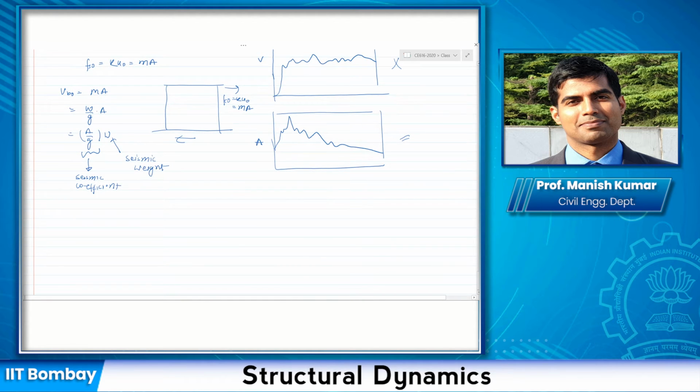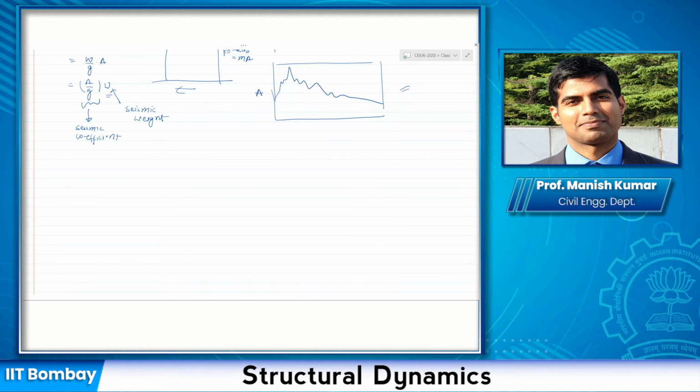If some of you have done, or are doing, earthquake resistant design in any other courses, or if you've studied it before, these terms, seismic coefficient and seismic weight, must be familiar to you, and this is where they come from. The total base shear is actually some percentage of the total weight of the structure. So this is the base shear that you are going to apply due to an earthquake. Initially, as we discussed yesterday, when earthquake engineering practice had not matured, people did not know a lot of the concepts of earthquake engineering at that time.